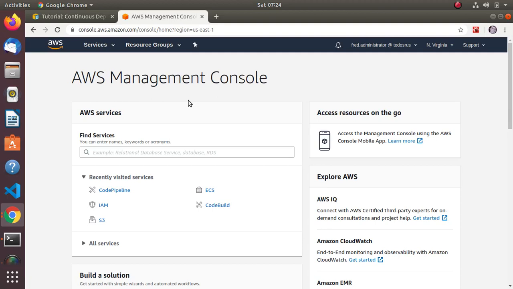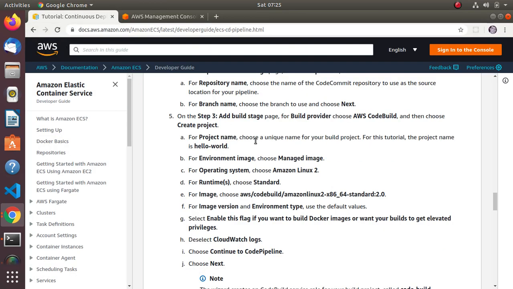Okay, hello. So this time we are going to change it up a little bit and actually do a build end to end. Basically it starts with a code change in CodeCommit all the way, and it's going to be fully automated to a point where it actually deploys a new version of our Docker image in ECS. Right. So the good news, there's a tutorial